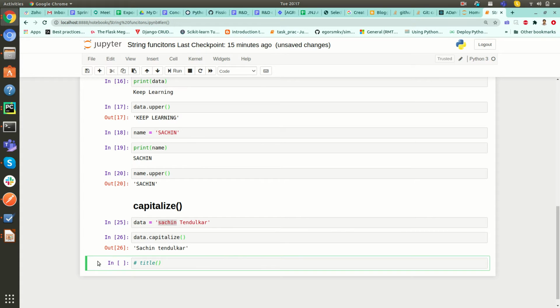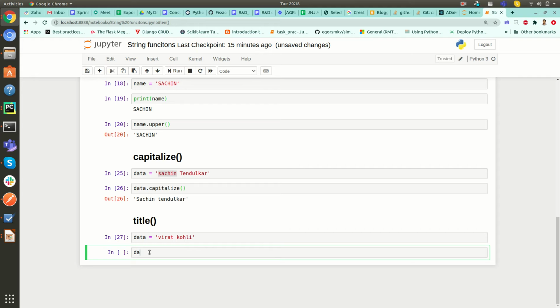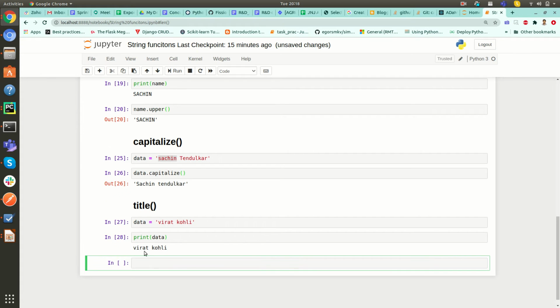Data equal to Sachin. Let's go with Virat Kohli. Why not Virat Kohli? So Virat Kohli, I am printing it. You can see that V is capital and K is also capital here. Let's check by applying the title function on that data.